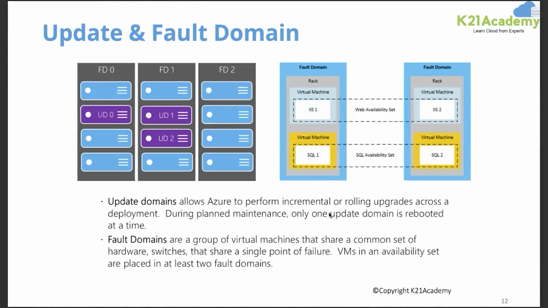I think DR is like a backup. And high availability means if you need anything, you will get it instantly. In DR, we don't get it instantly. Disaster recovery is like a kind of backup. If anything happens in one region, you will get the data from the other region. But high availability